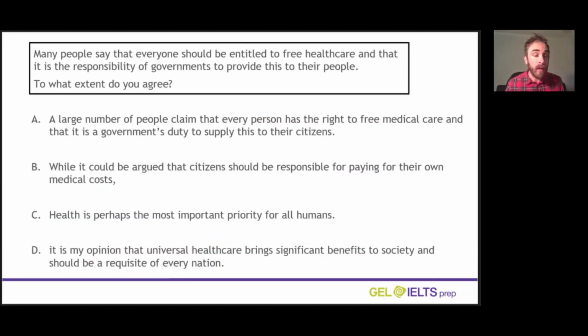So that sentence, paraphrasing the question, can come first, or it could come second after we introduce the topic in general. That's what we're going to do here. Here are the 4 sentences of my introduction. What I would like you to do is to put them into the correct order. So introduce the topic, paraphrase the question, explain what the essay's arguments are, and then give your opinion. Have a look at the next question below this video. Can you choose the correct order for A, B, C, and D?